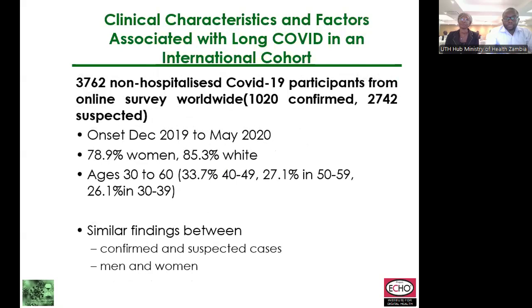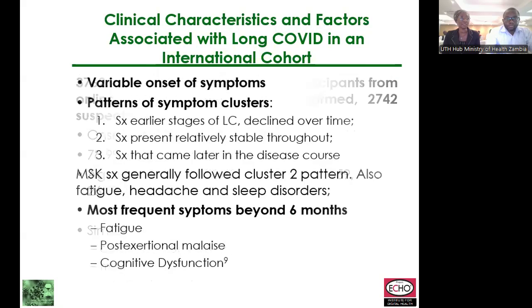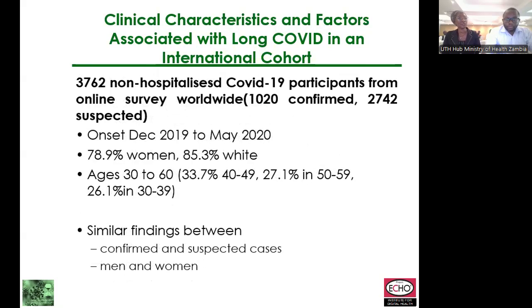So this is again a second study. This time they were looking at people who were not hospitalized, because the first study had looked at people who had been so sick that they were in hospital. Now the question we want to ask is, is it only the people who are very, very sick who are going to end up having long COVID? Or can we also see long COVID in somebody who was never very sick at the original time of the COVID? So they looked at people who had not had serious COVID, and they looked at